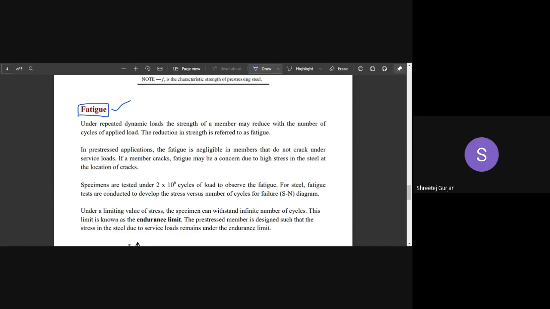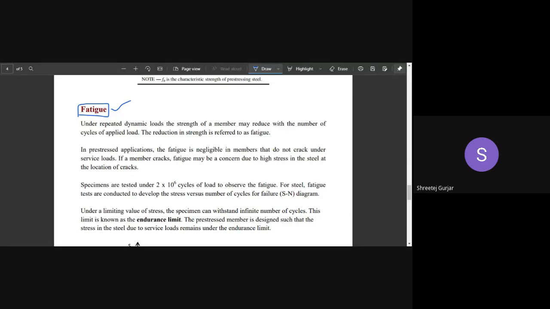rolling loads are an example of dynamic load, wherein the magnitude and direction go on changing with respect to time. Whatever you have studied in structural analysis are static loads, wherein the magnitude and direction do not change as time passes. But whenever we have repeated dynamic loads, like rolling loads, the strength of the member goes on reducing